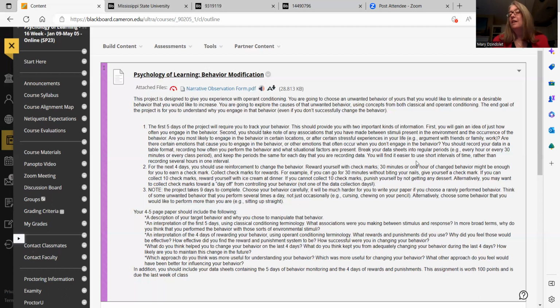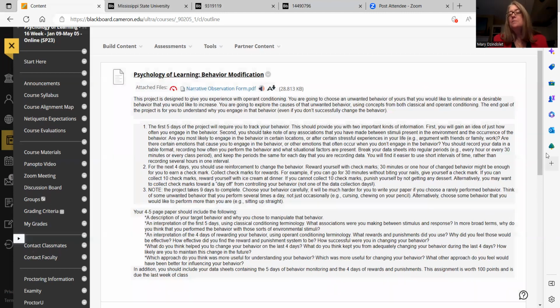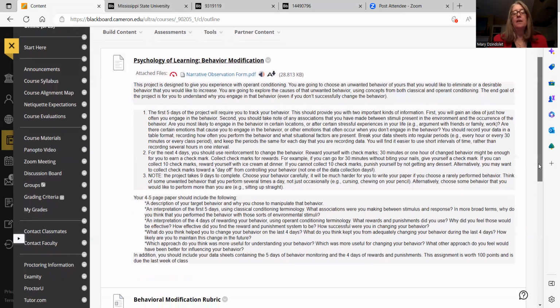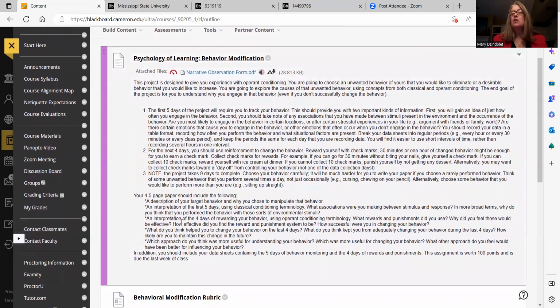And then you're going to want a couple of days to actually write up the paper. So you're going to write a paper. You can see here how it's 4 to 5 pages long. It's impossible to do this in less than 4 pages. So remember, this is APA style, so it's 1-inch margins all the way around. It's double spaced. If you need more than 5 pages, take them. I'm just trying to give you an approximation of how long it usually takes students. But if it's taking you less than 4 pages, you're doing something wrong. You just can't do it that quickly. You need to explain things more